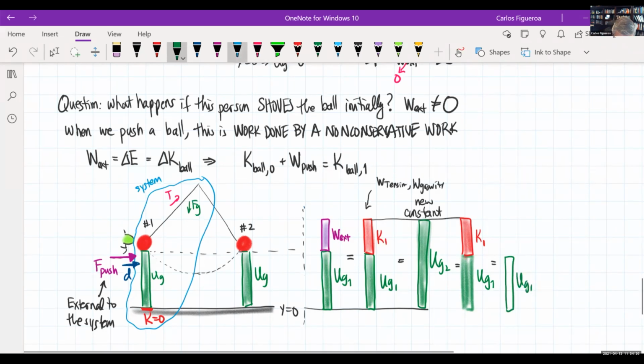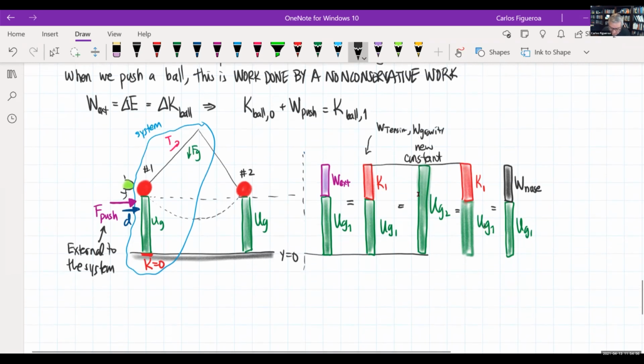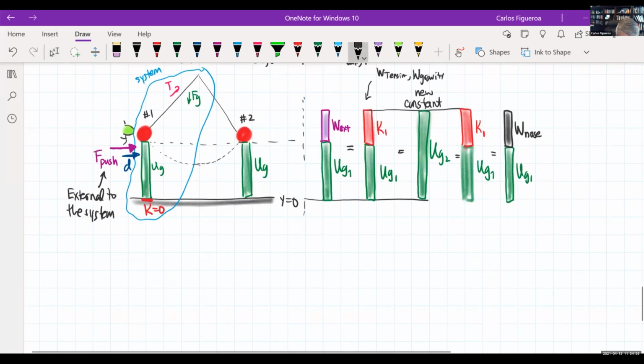point, now what ends up happening is that there has to be work done by the nose. And what is the nose supposed to do? It's supposed to stop the bowling ball. So therefore, that work by the nose takes energy out of the system. It may break the nose in the process, but that's what has to happen here. And so what you're seeing here in this example is that